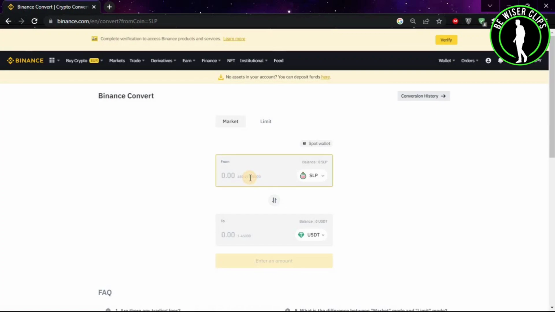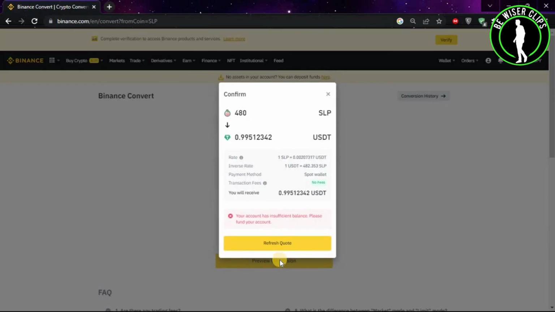from SLP to USDT. So let's say I want to convert 480, and now you will have to click on preview conversion, and it will show you the amount SLP hold into USDT. So if you have the sufficient funds, then you can click on this option and it will convert your SLP